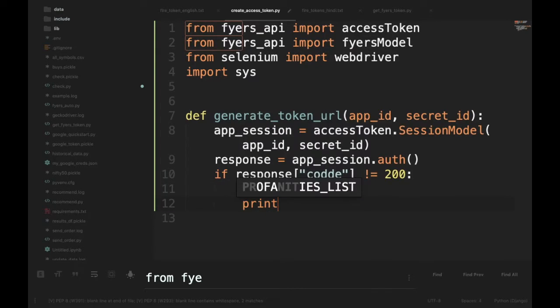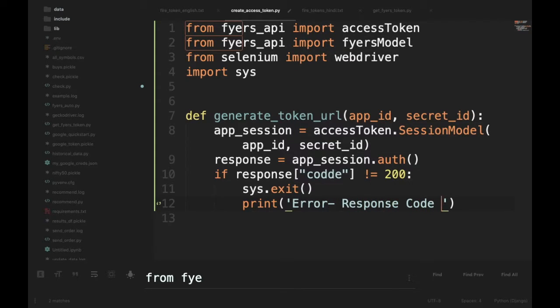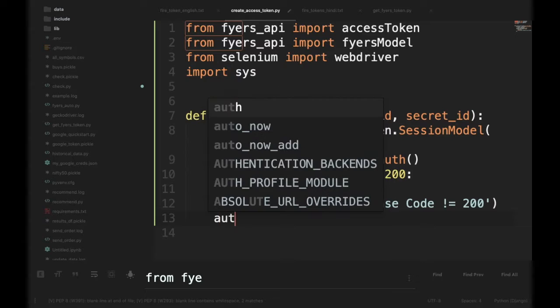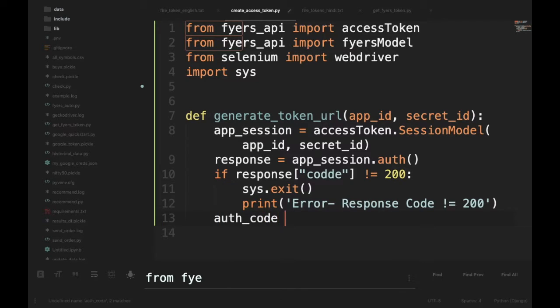And we can also print that error code is not equal to 200. And otherwise, if we get a 200 response, we will be setting